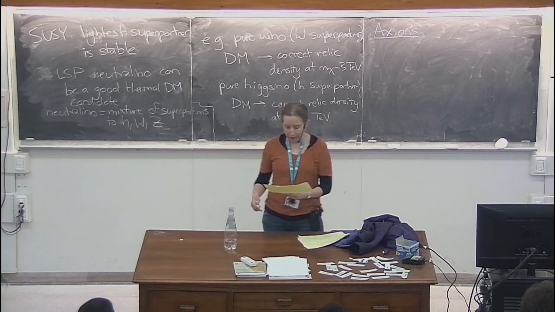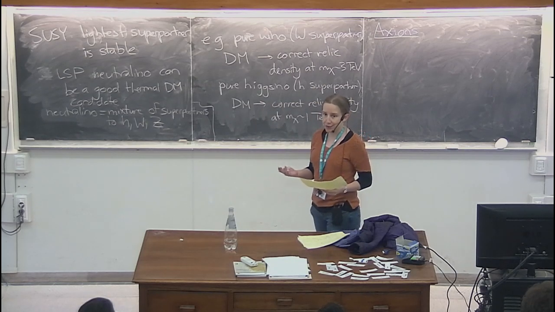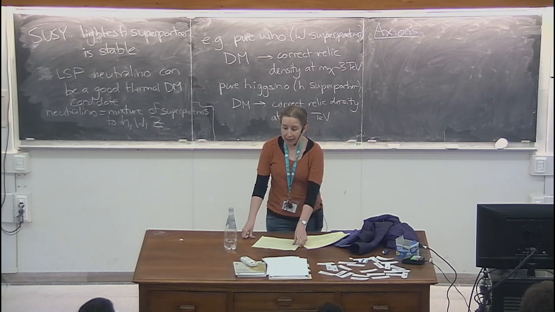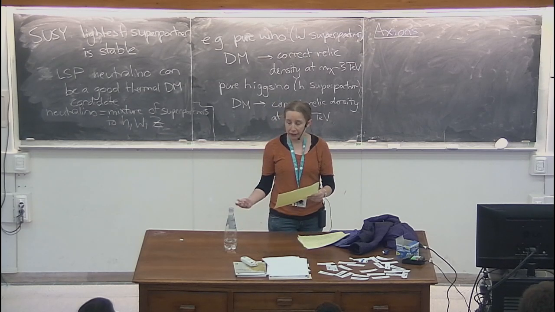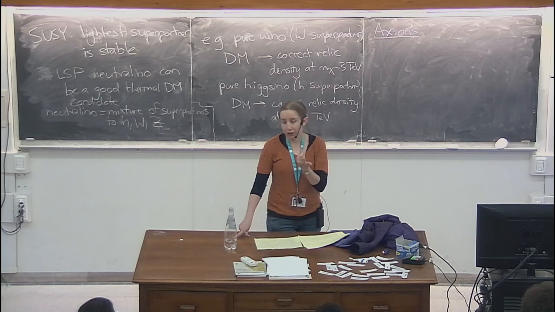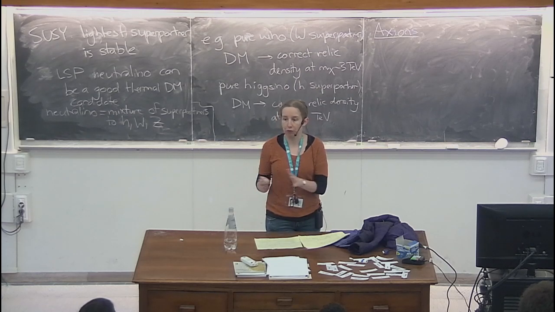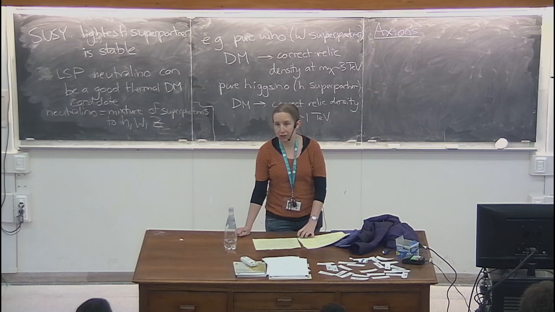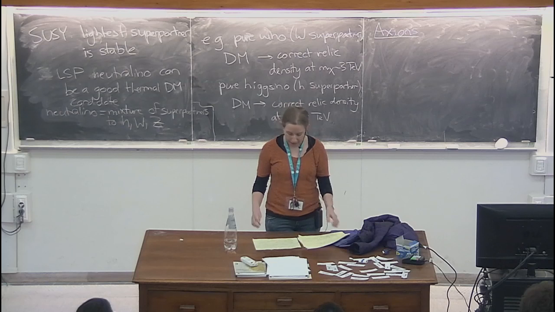You can have cases where it's not a two-body process that dominates the annihilation, but a three-body process. This is the case for SIMPs, strongly interacting dark matter, which have been studied quite a bit in the last few years. You can have cases where it's not the annihilation which really dominates the freeze-out, but where scattering between dark matter and the standard model decouples before the annihilation does. And so there's still an interaction with the standard model, which is important in the early history of the universe, but it's an elastic scattering cross-section rather than annihilation cross-section.